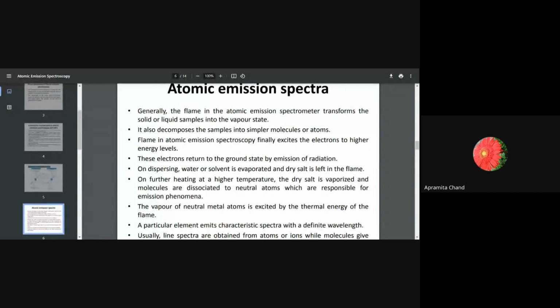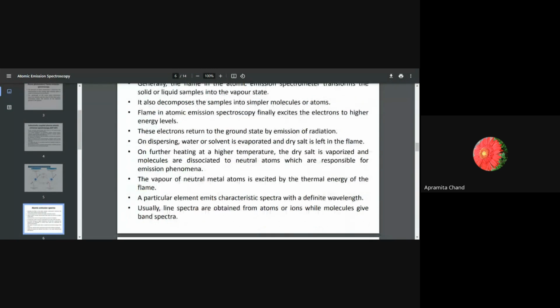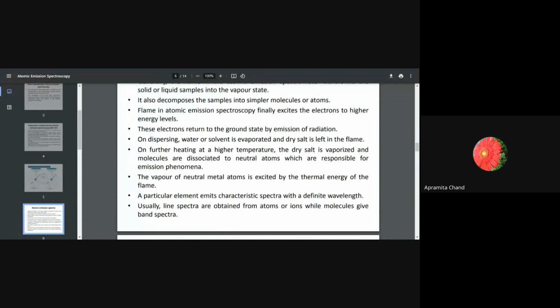So here we know that the flame photometric principle is being applied here as well. Flame in the atomic emission spectrometer first transforms the liquid samples into the vapor state. We have already seen that in flame photometry and AAS as well. And it decomposes the samples into simple molecules. Finally, these electrons are excited to higher energy levels and they return to the ground state by emission of